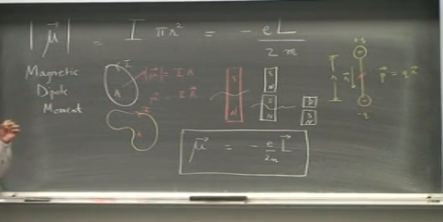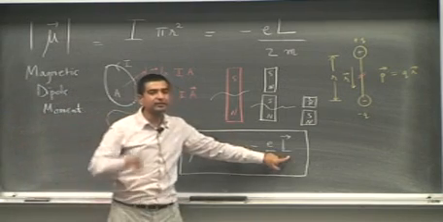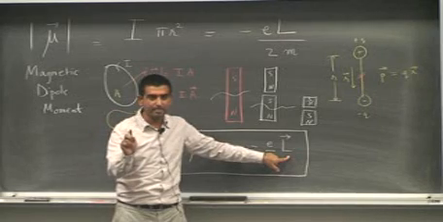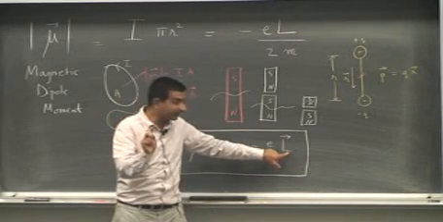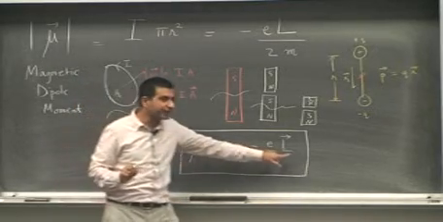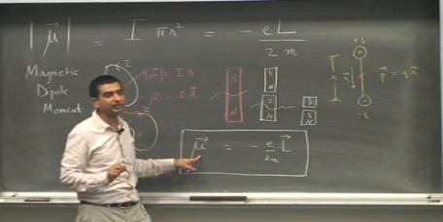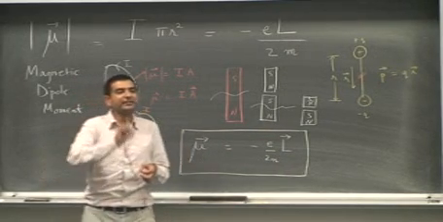So this is an expression you have to remember. That is, you have a mechanical angular momentum, and it is proportional to the magnetic moment. The higher the angular momentum of the electron, the higher the magnetic moment. So if an electron is in the L = 0 orbital,